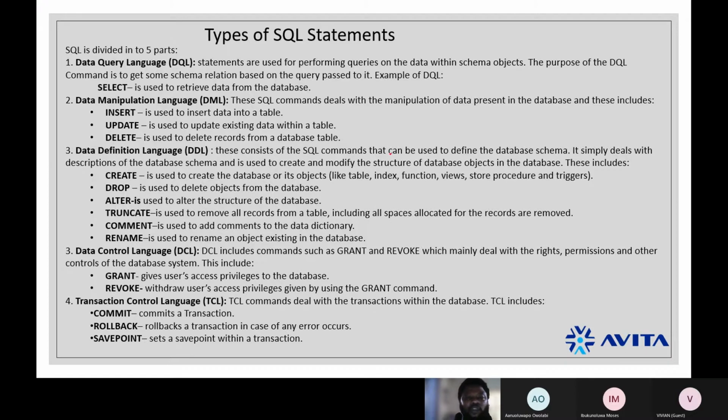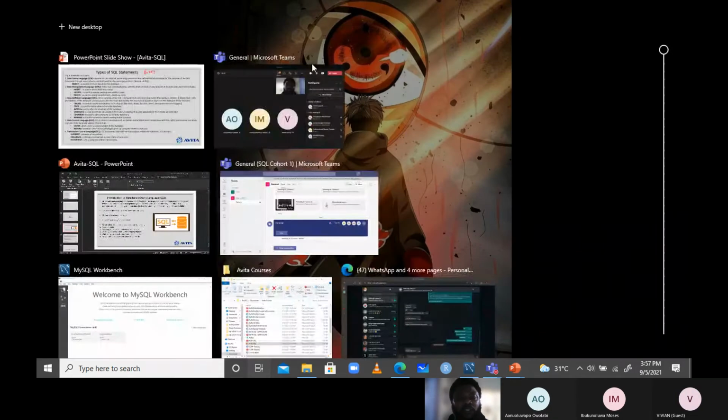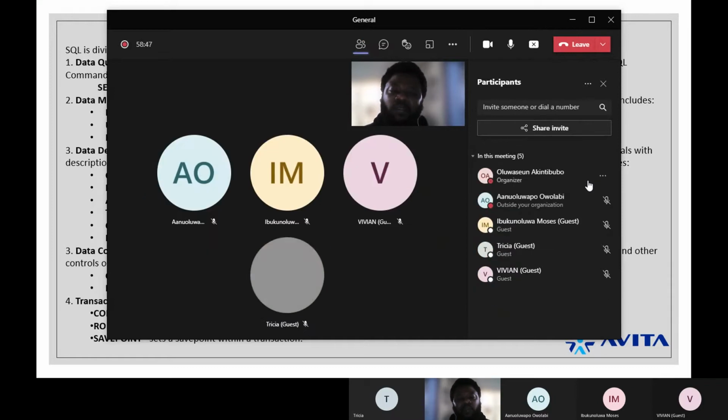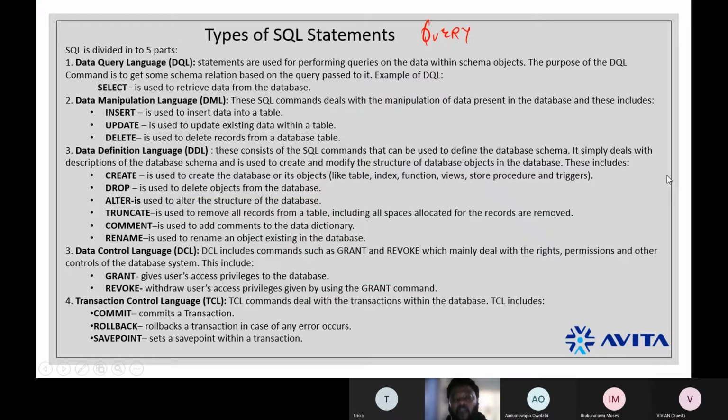Now, yesterday I talked to you about queries, right? I taught you about query. And I said that when you ask Google, what is the score of yesterday's football match, what you get from Google is a set of results with the score from yesterday's football match. And what you've done is that you've queried the database. Of course, you don't know where the database is, but you had faith that once you asked Google, it is going to give you a set of replies that would fit what you have sent to it. So that's basically a query.